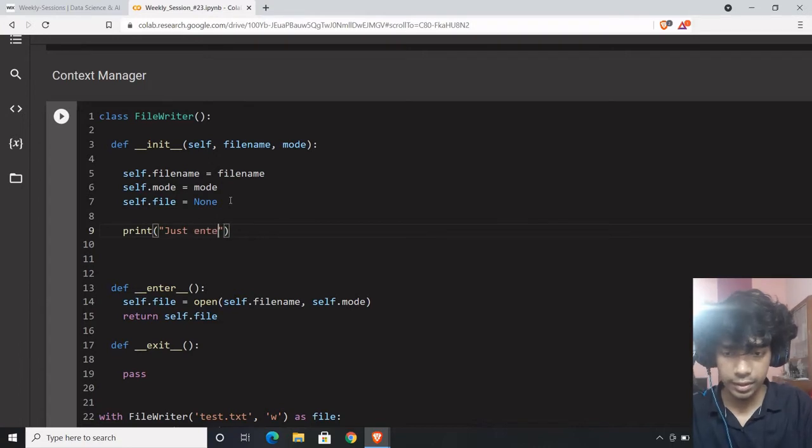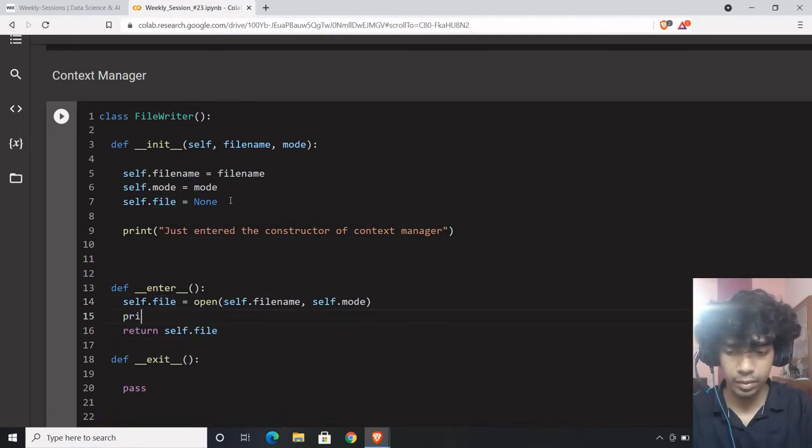Just entered the constructor of context manager. Ready to be written.